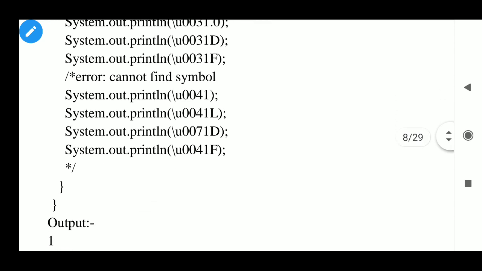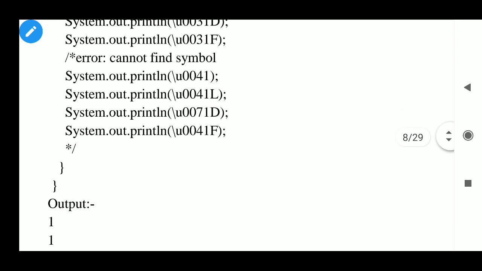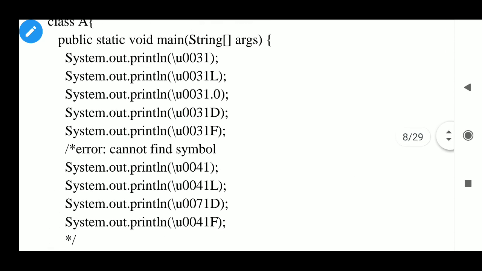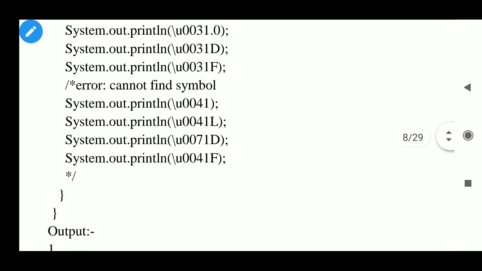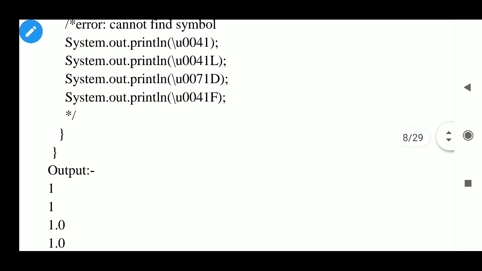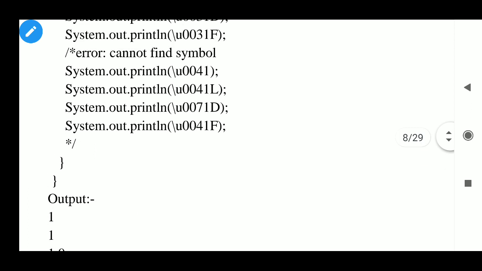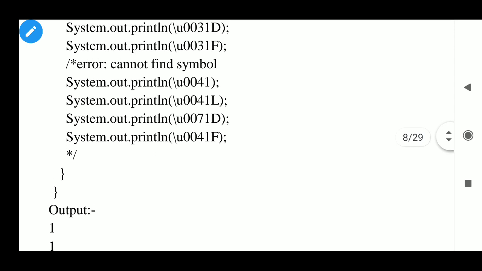Otherwise an error will be there. So for the first System.out.println, 0031 will be 1. For the second System.out.println with L, that is again 1, the L for long. 0031 point 0, that is 1.0, and so on. You can understand that, okay?